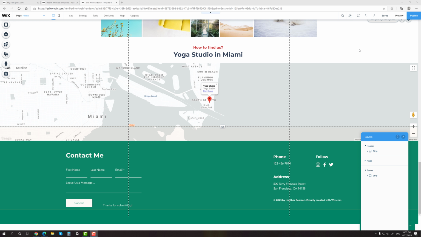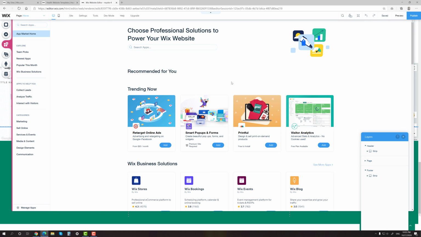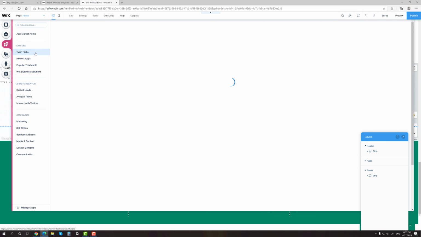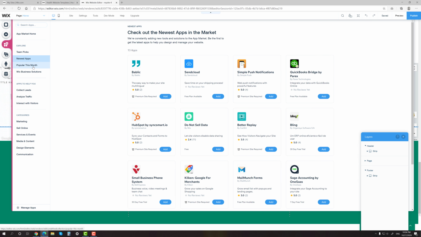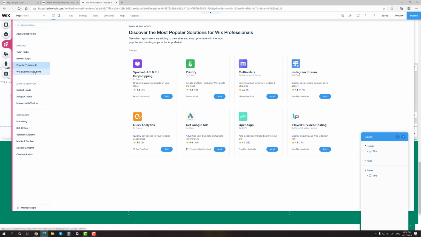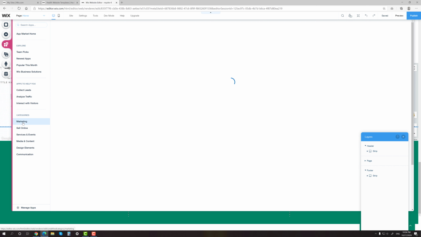If you need even more features than Wix provides out of the box, you should definitely take a look at it. To access the market, click the Apps button on the left sidebar. Here you can find dozens of excellent third-party apps that offer great added value, from different useful marketing tools to exciting bells and whistles. To install any app that you want, just click the Add button.